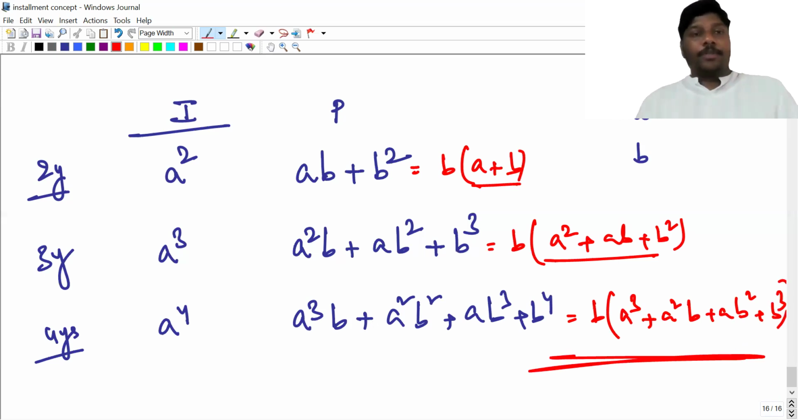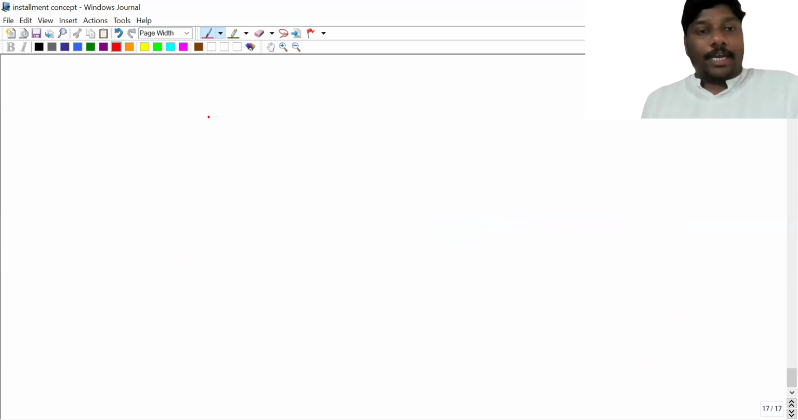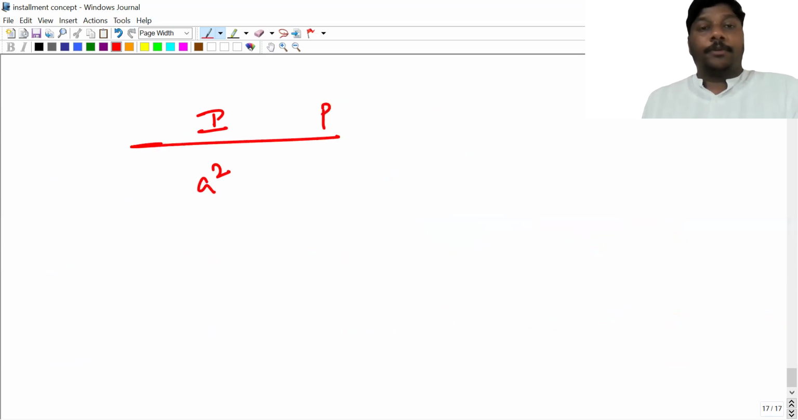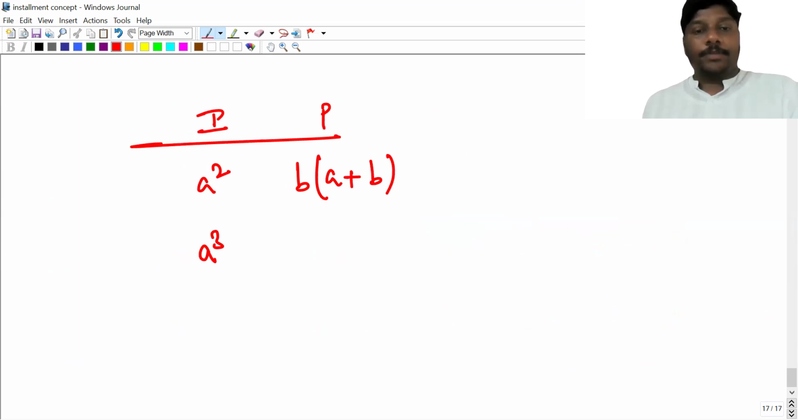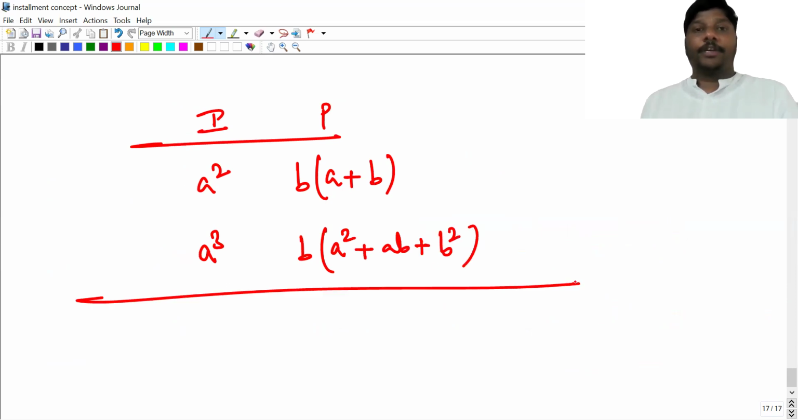So I want you to remember this. Installment is a square, then your principal is ab into, start with a and end with b, a plus b. Installment is a cube, then your principal is ab into, you start with a square plus ab plus b square. Mostly when compound interest is given, they'll give you 2 years and 3 years. If they ask you what is the interest,